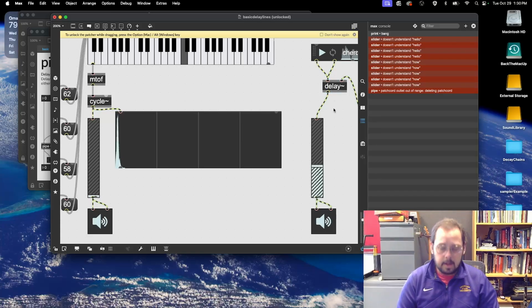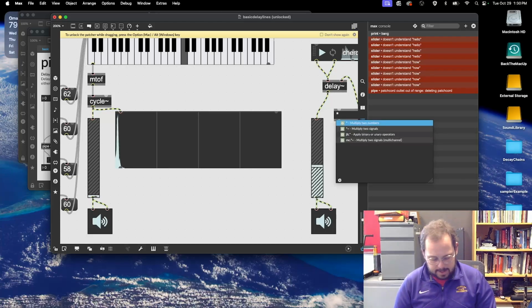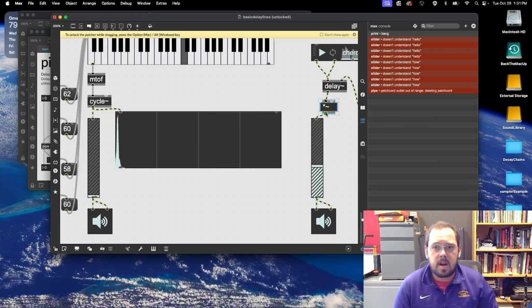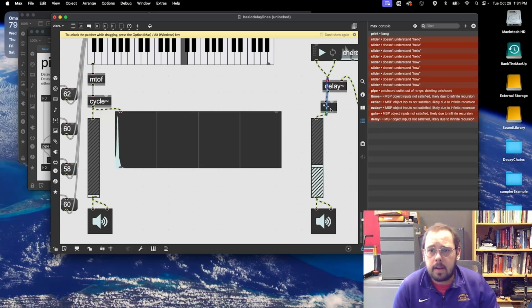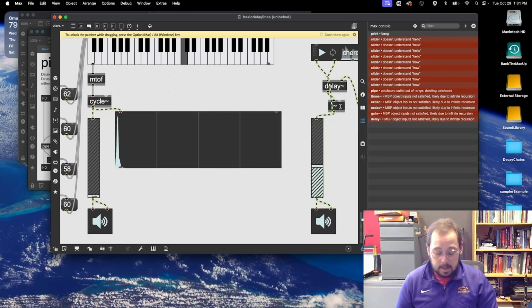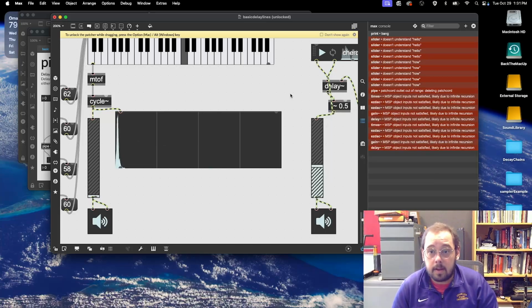That's bad. So what we can do is use our multiply tilde object and just stick it right there. And then we can go back into our delay. However, a bunch of issues just popped up because of infinite recursion. It's just going to go over and over. It's not going to like itself. If we multiply by 0.5,